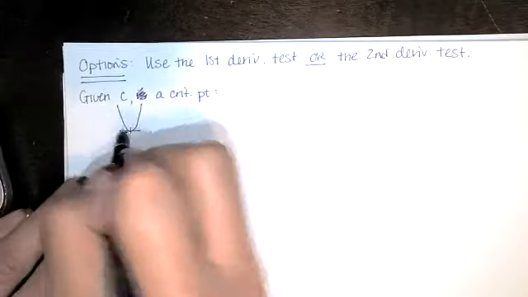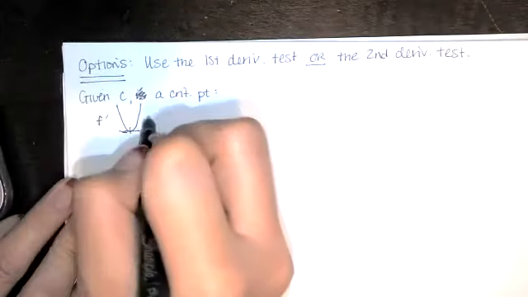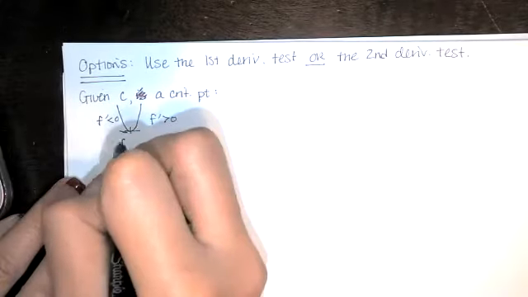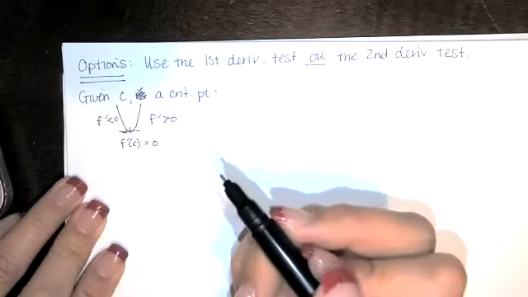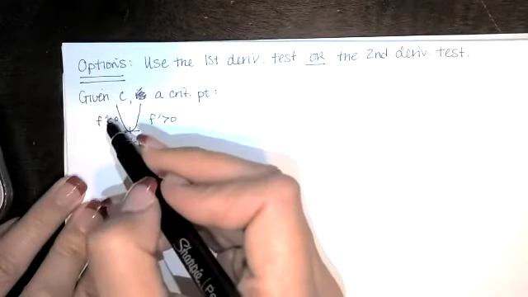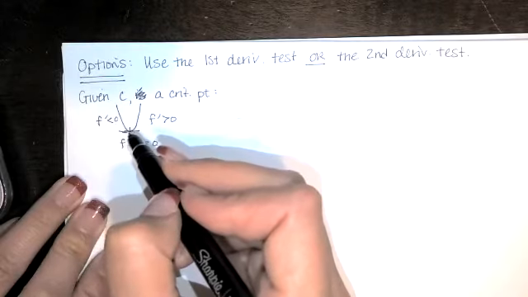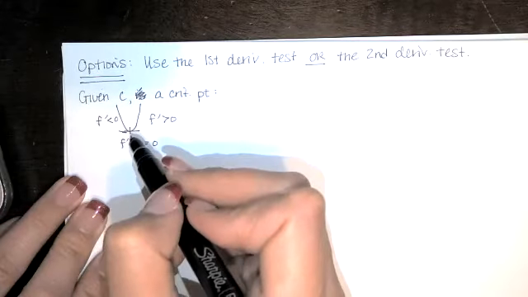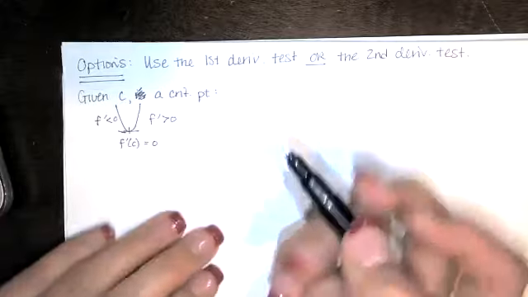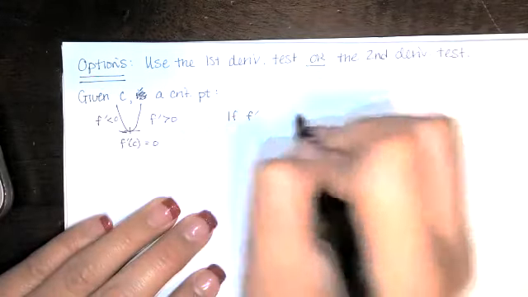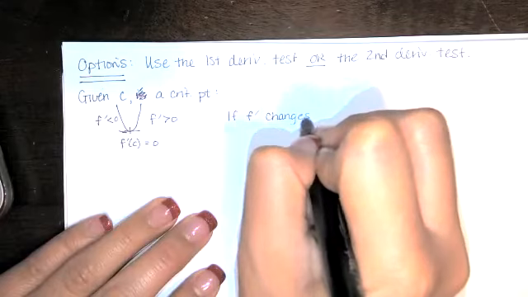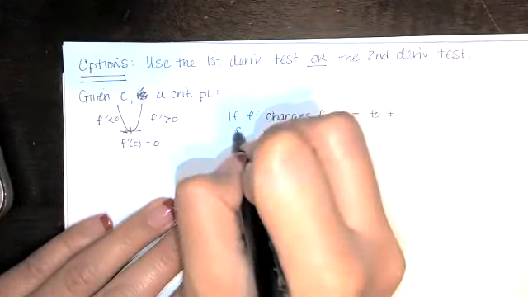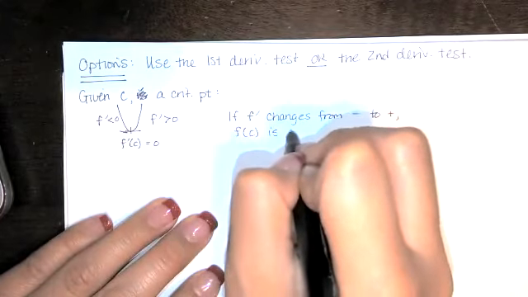If the graph looks like this, so that the derivative of the function goes from negative on this side to positive on this side, but f prime of c is equal to 0. Well, since it's going from decreasing to having a 0 slope and then to increasing, then the function has a relative minimum at x equals c. So we'll say if f prime changes from negative to positive, f of c is a relative minimum